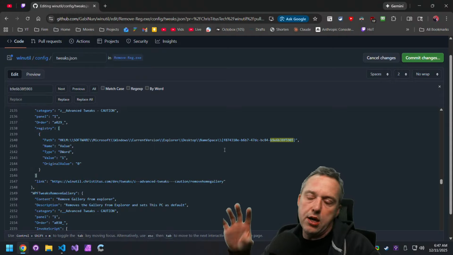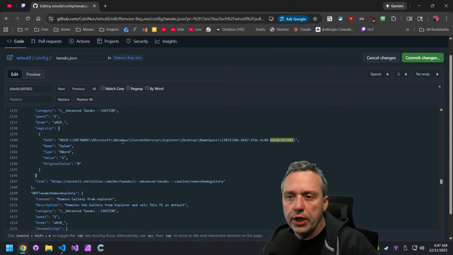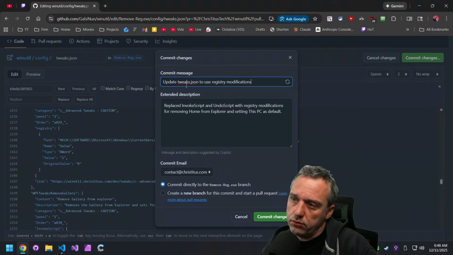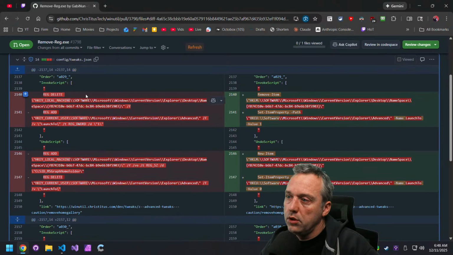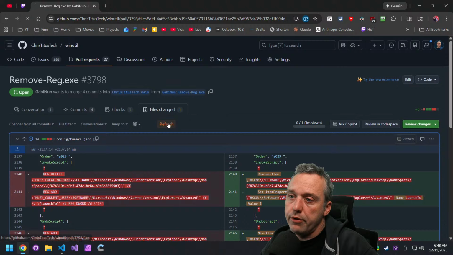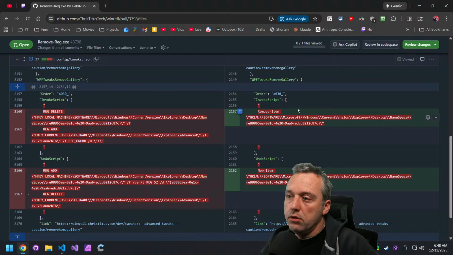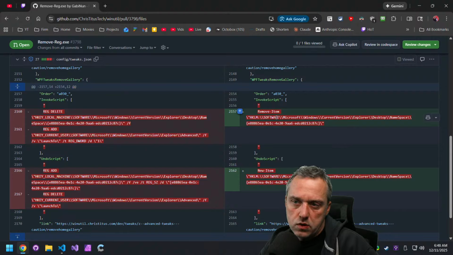Bam. And you can see how much cleaner that is compared to... now this will convert it to an actual PowerShell entry. So if you refresh, now you can see the old code versus the new code. So then you have that, you're good to go. Down here, this is just removing the entire key though. For that,